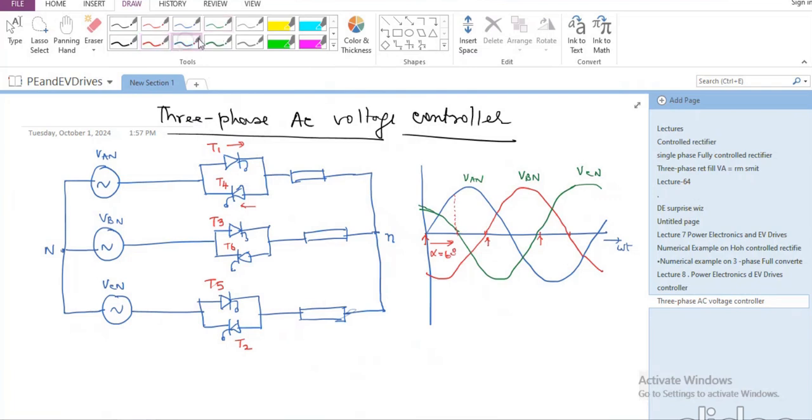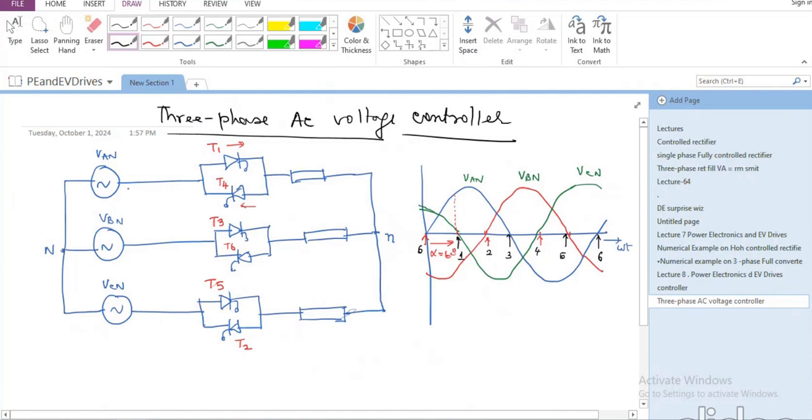So what I am doing is to fire device number 1 here, device number 2 here, device number 3, and device number 4 here, device number 5, and device number 6 will be fired here, which is also same as firing it here. So this is how we are going to fire. All the firing of the devices, each of the devices is staggered from each other by 60-degree interval or pi by 3 interval. Now when one is fired,